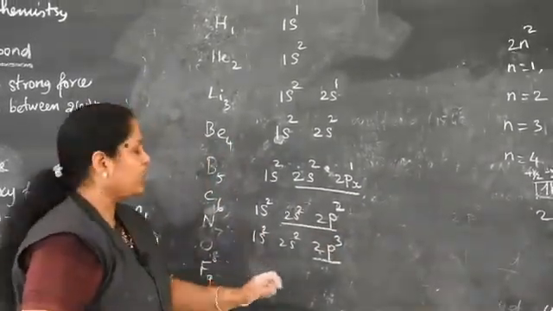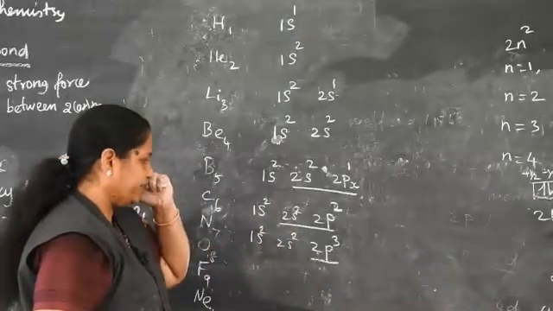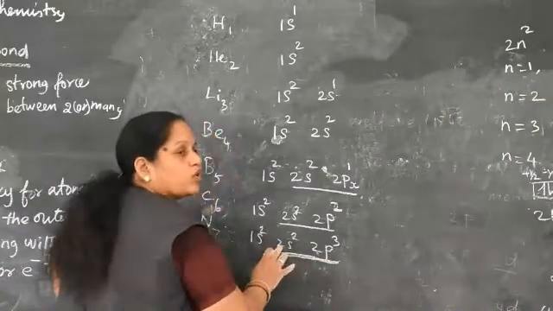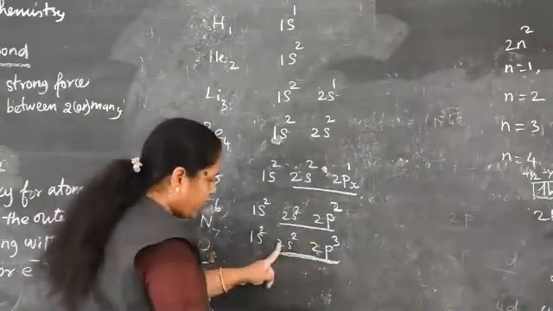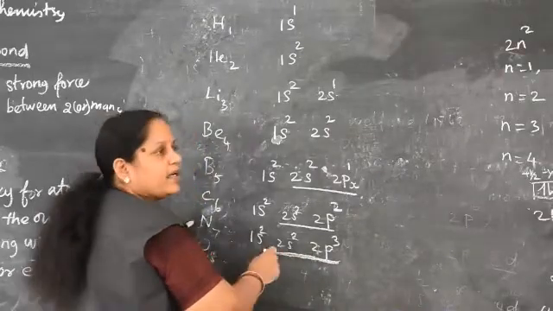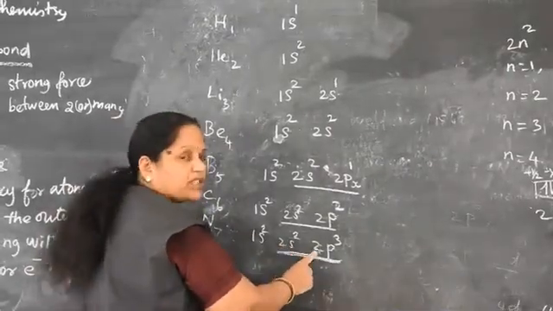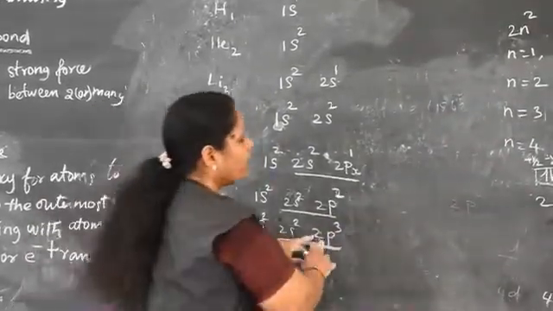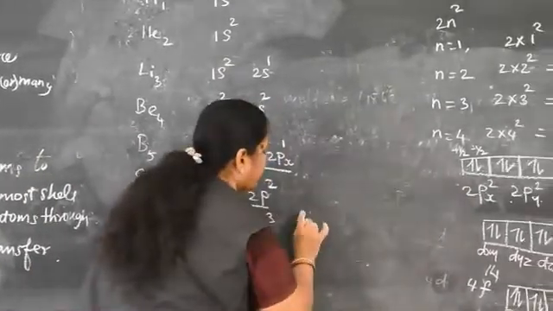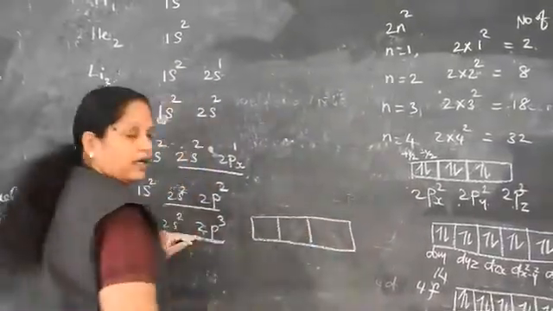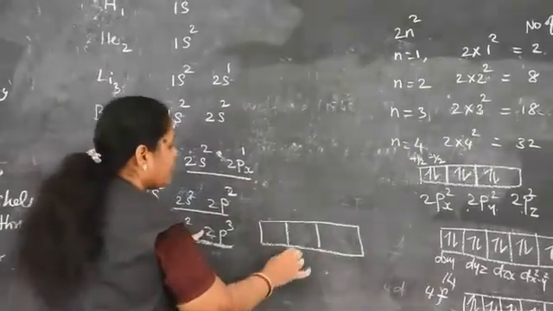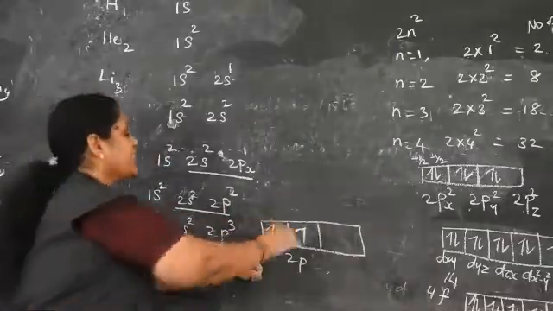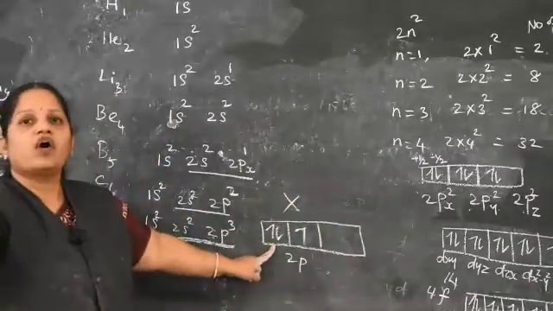What about Hund's rule? Here we apply Hund's rule. Listen. The last shell is called the outermost or valence shell. For this atom, 2s, 2p is referred to as the outermost shell or valence shell. Here I write 2p3. How many p orbitals in total? 3 orbitals. So I fill these 3 electrons in the 2p orbitals like this. If I write it the other way, it is a wrong statement, according to Hund's rule,